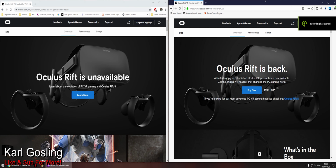So via a VPN, I've loaded up the American website. Let's get some screen capture on the go here. And you can see on the right hand side of the screen, in big letters, Oculus Rift is back. And that is the CV1 there at $299 US. And the left hand half of my screen, Oculus Rift is unavailable. UK site, US site. So for whatever reason, Oculus have decided in the US at least that you can buy